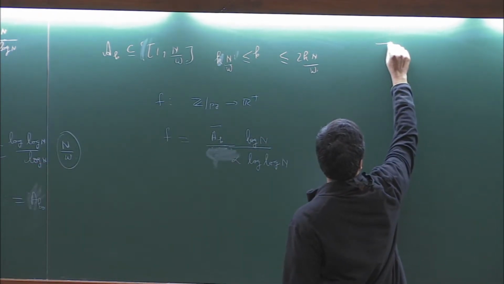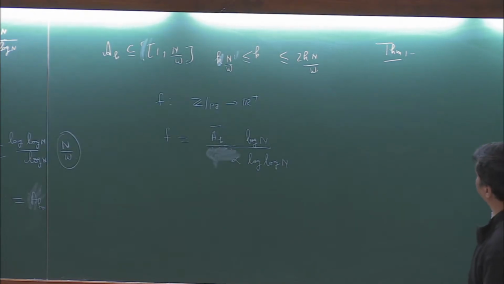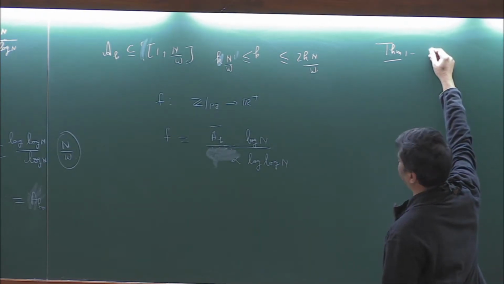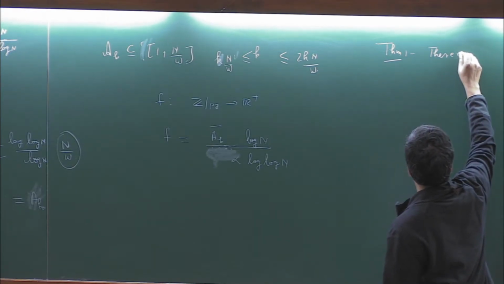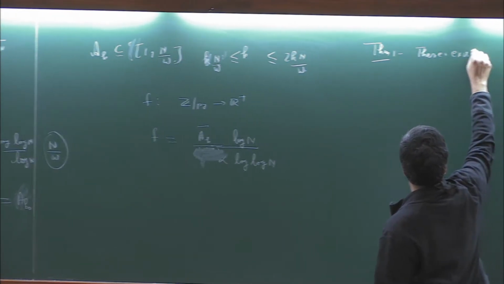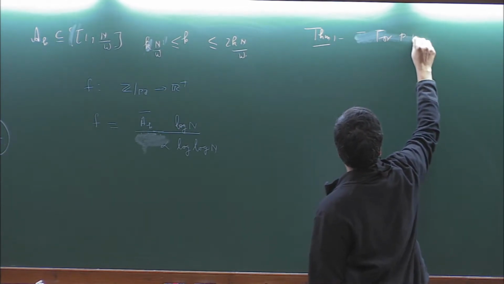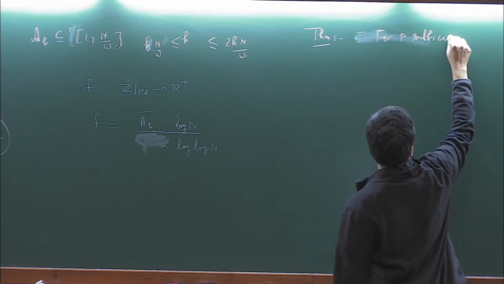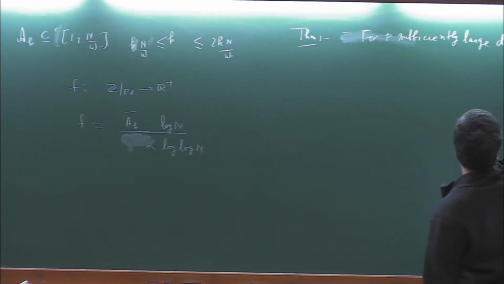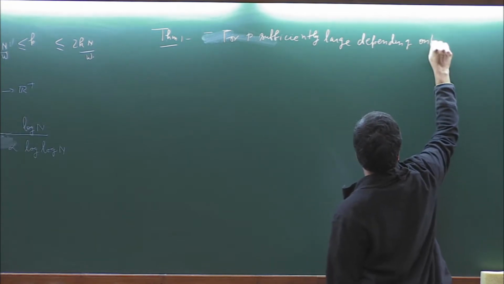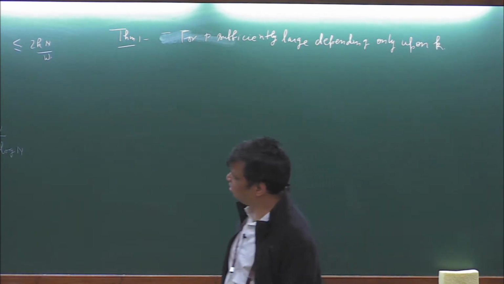So the theorem which we need, which we shall prove, is the following: there exist, for P sufficiently large depending only upon k and alpha,